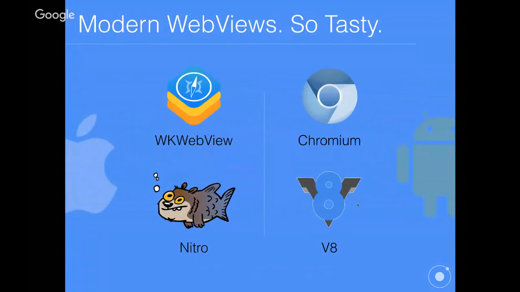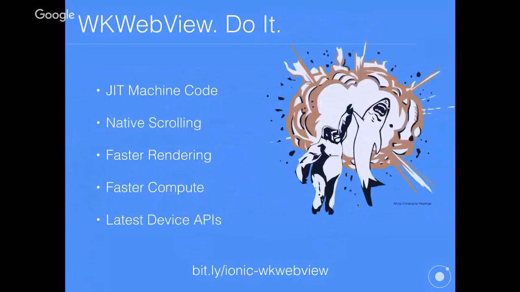Now what's really great as of Ionic 2, or as of very recently, is that on both iOS and Android, we have access to the most modern web views. That's going to be Chromium with the V8 engine on Android, and WKWebView with the Nitro engine on iOS. And they give us a lot of really awesome performance improvements, the number one being that